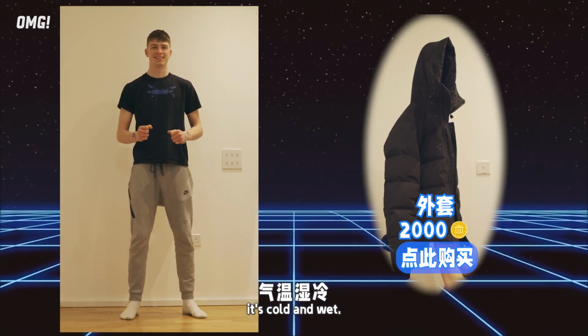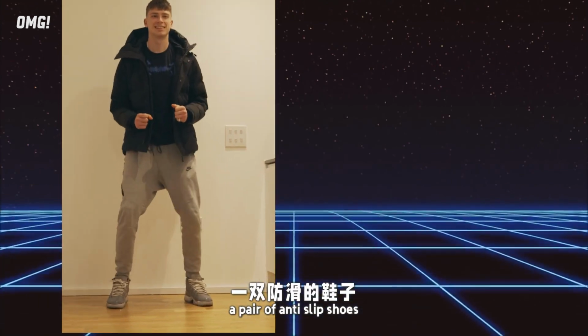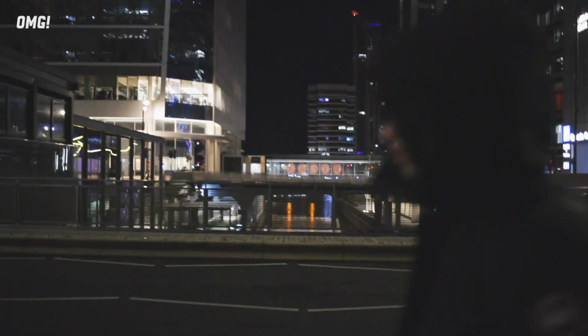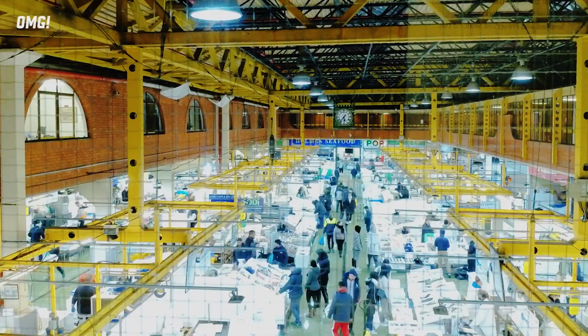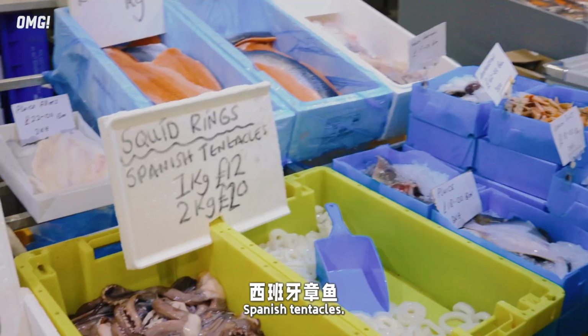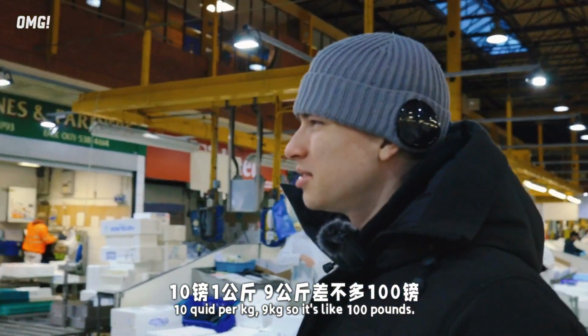于是开门的时间早，气温湿冷，无论什么季节，一件厚外套必不可少。忙时人多拥挤，地板又湿，一双防滑的鞋子可以全力助攻你的抢购。许多商家只收现金，也需要提前取好。装备完毕，准备出发。看 Billingsgate Fish Market 就在那边，不用排队，太好了。我先逛一逛，等我朋友来，好戏正式开始。哦，你知道我刚看到什么吗？鲨鱼，你看，Spanish tentacles，像 udon noodles，你听一下，10磅1 kg，9 kg，so that's like 100磅。This reminds me of Chef